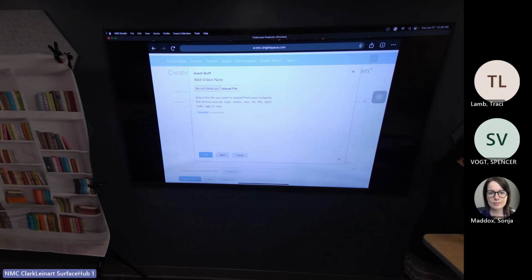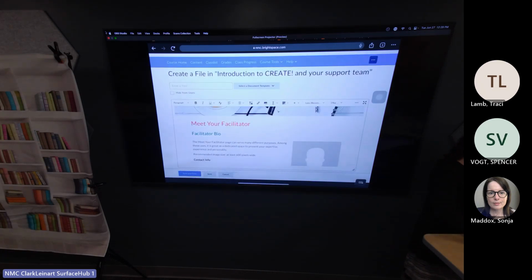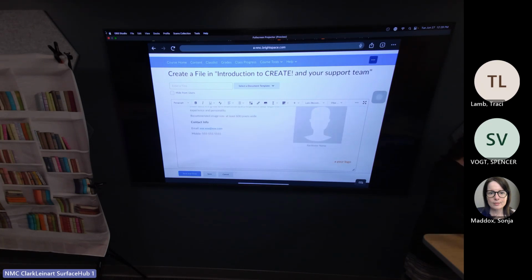Or if you had a file, you could upload the file here, but I don't know, since I'm mirroring, if it's going to do any of this. It would be an inline video, and you could record, I think 15 minutes is the max for a video note. There's no editing or anything like that. But if you just wanted to show your face each week to go with the content, that could be used in the weekly module one. But for your introduction, they call it Meet the Facilitator. You could say meet your instructor, or whatever pieces of information that you want to put in there.